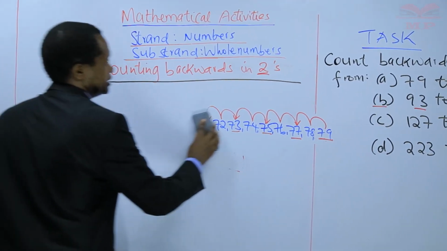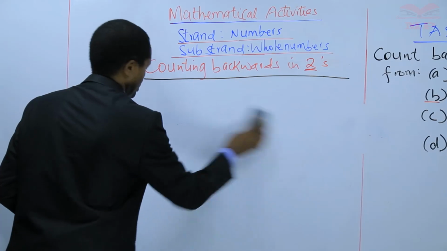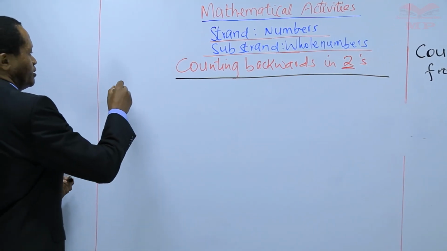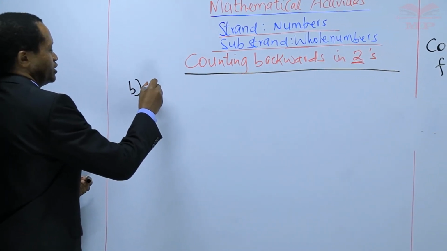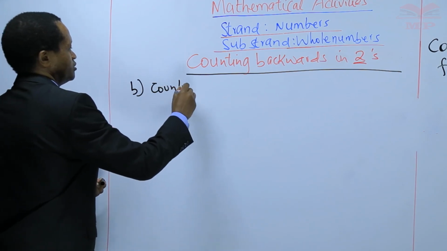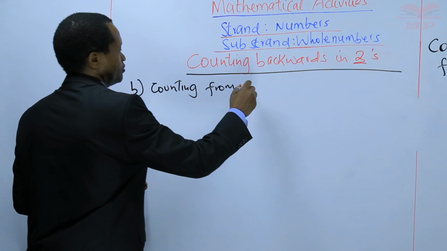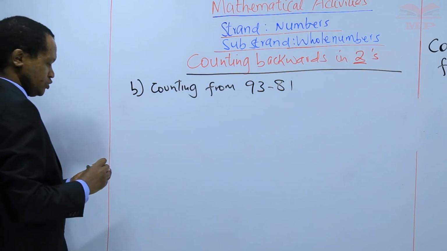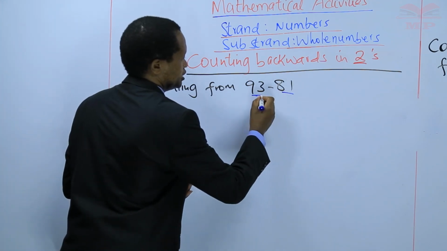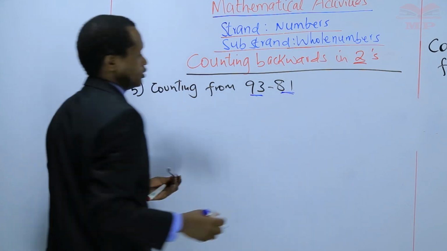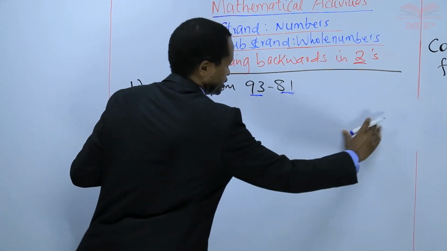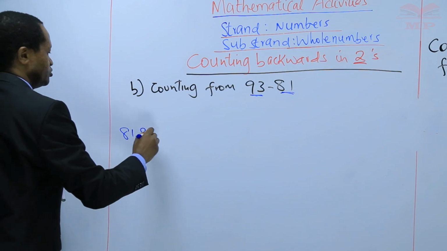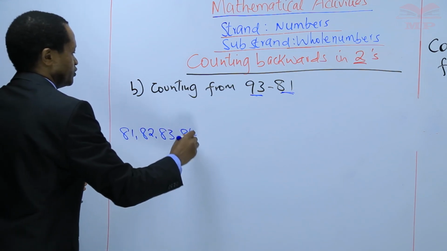B, we are counting from 93 to 81. So we're going to write first in ones moving forward, starting from 81, 81, 82, 83, 84,